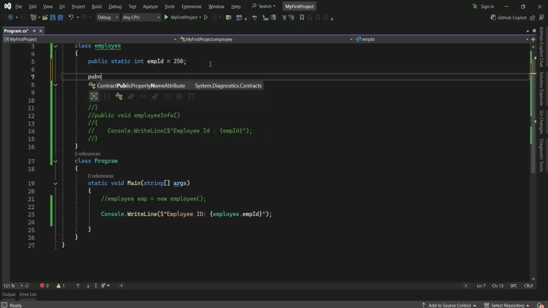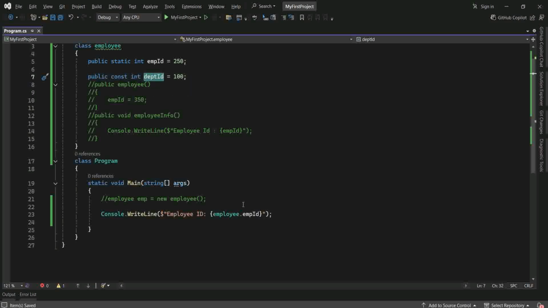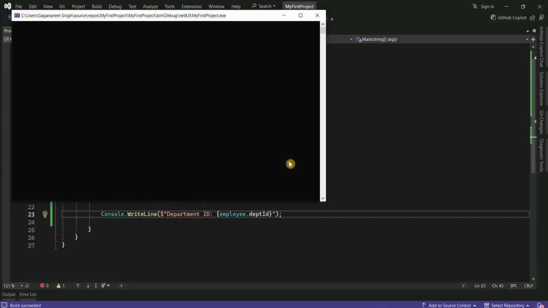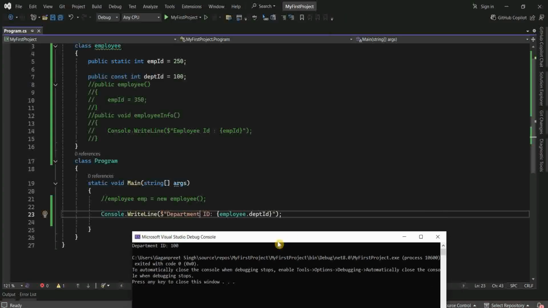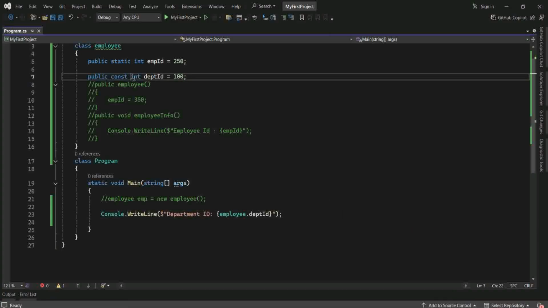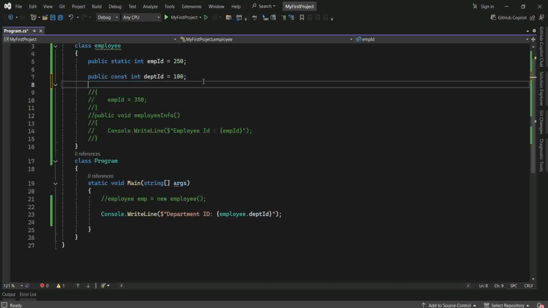Suppose we have this const keyword, department id 100. First we initialize this value. First we have to see the result, what will be the result for this one. Now let's have a look at department id. Now we have department id that we declared with the value 100. Suppose we want to change this one